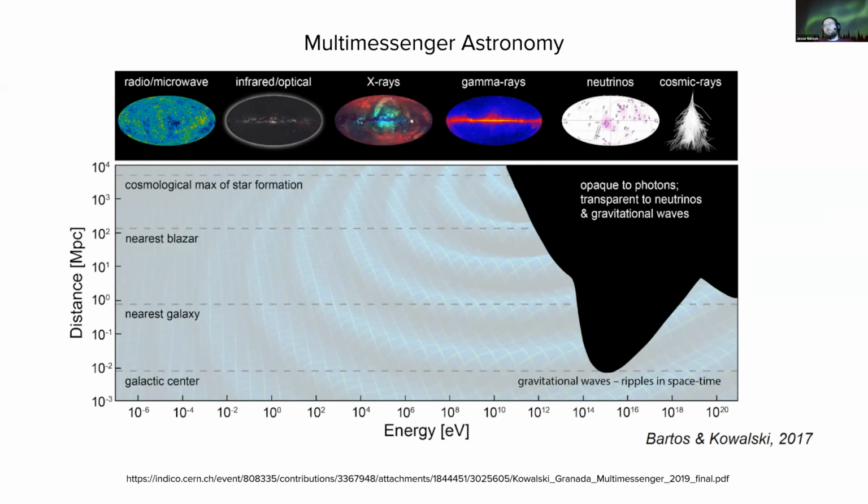And so as technology progressed, we were able to analyze the data that was coming to us through the cosmos in the full electromagnetic spectrum. And every time we added a new channel of information, we gained a more complete understanding of what it was that we were looking at.